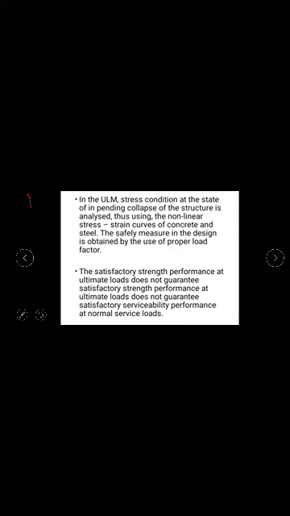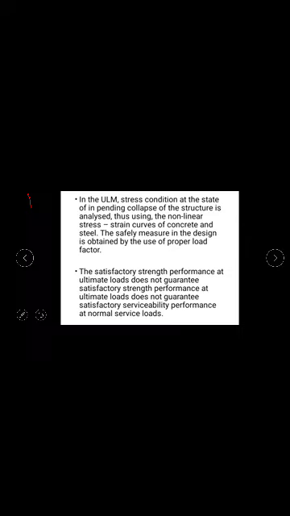Several ultimate load theories have been proposed in the past. In each of these theories, an idealized stress-strain curve has been adopted for concrete, which is the only difference among them. In the working stress method, you have a linear model of the stress-strain curve, whereas in the ultimate load method there is actual consideration of the stress-strain curve. So the final result is essentially the same.